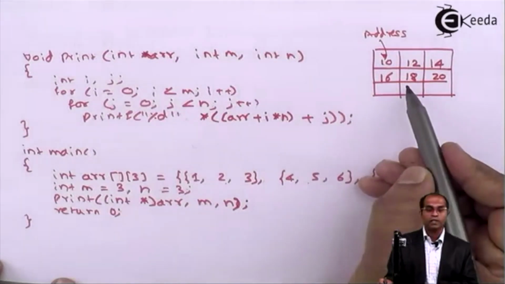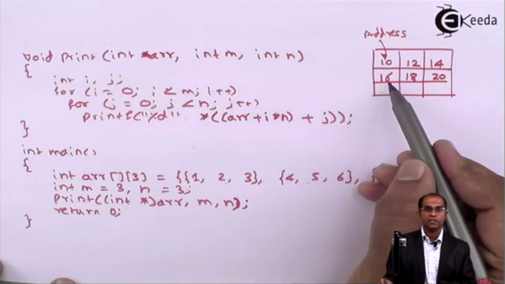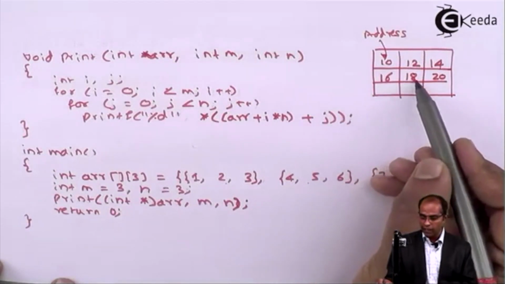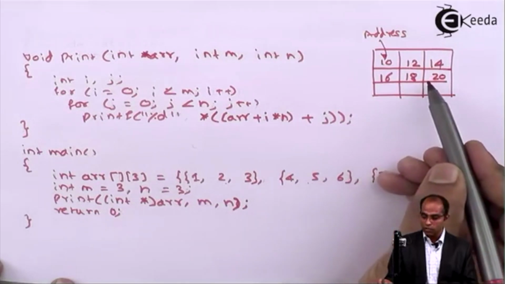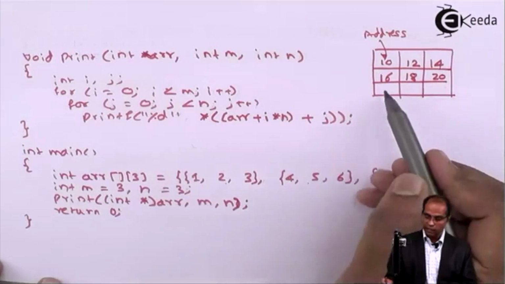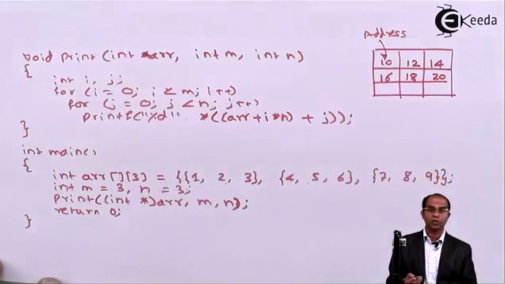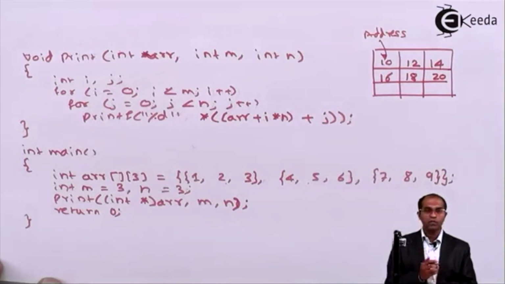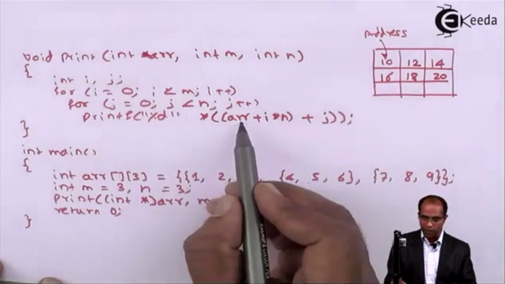If I assume this to be a hexadecimal value, after 16 you will have 18 and then you will not have 20; instead it will be 11, and then again it continues as 13 and so on, right? So here, how do these values move? Let's start with this particular expression.